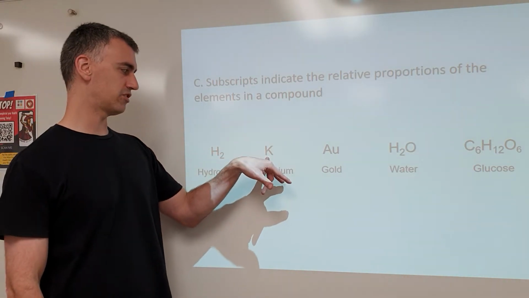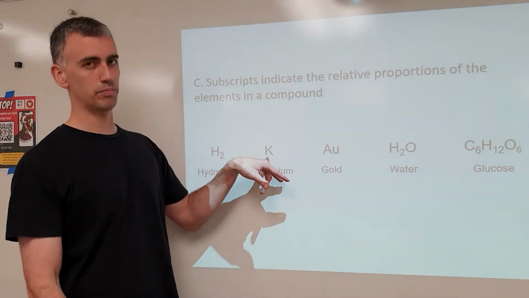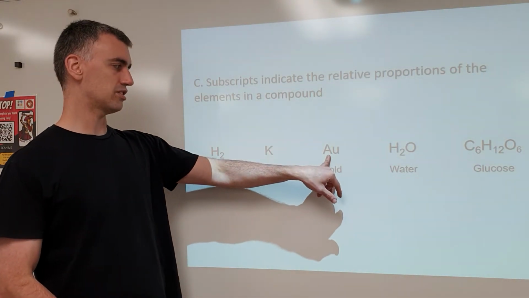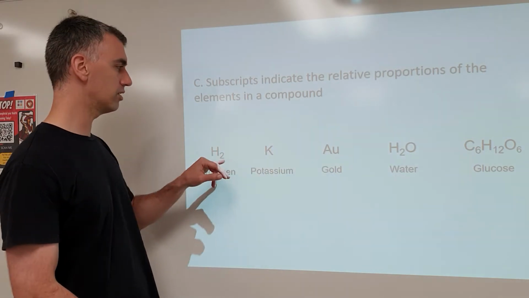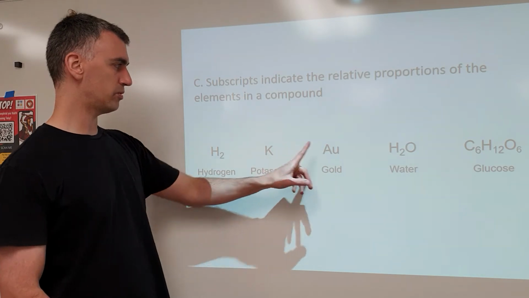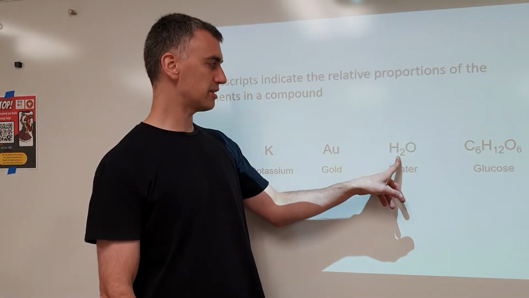This is a pure element of just one potassium atom, because they don't bind to anything. They just all hang out together, but they don't literally bind to each other. Gold is just atoms sticking around, not bound to each other. So pure element, pure element, pure element, this is a compound,